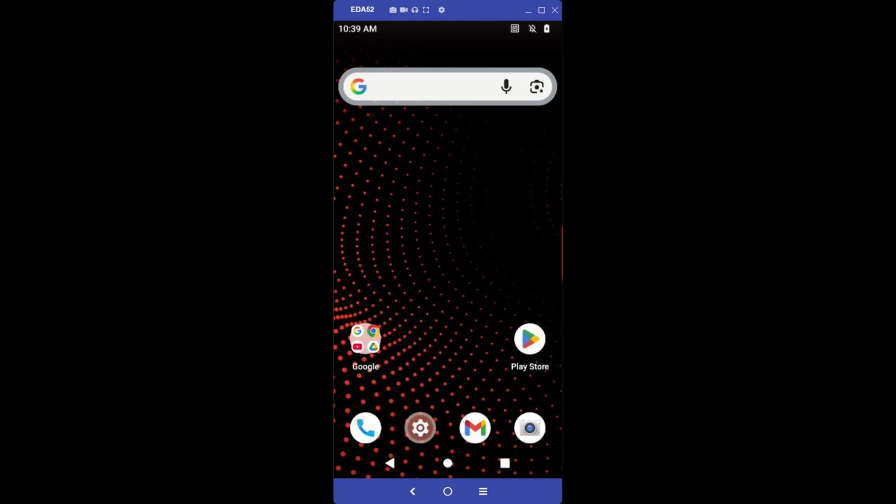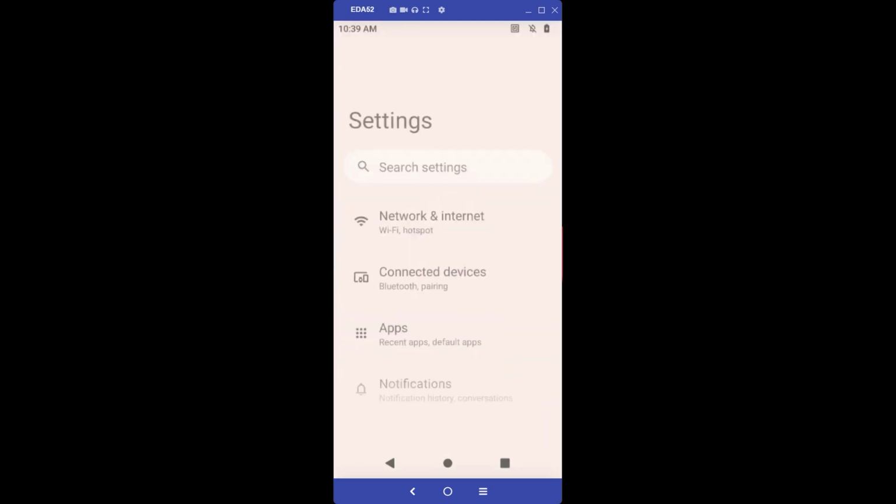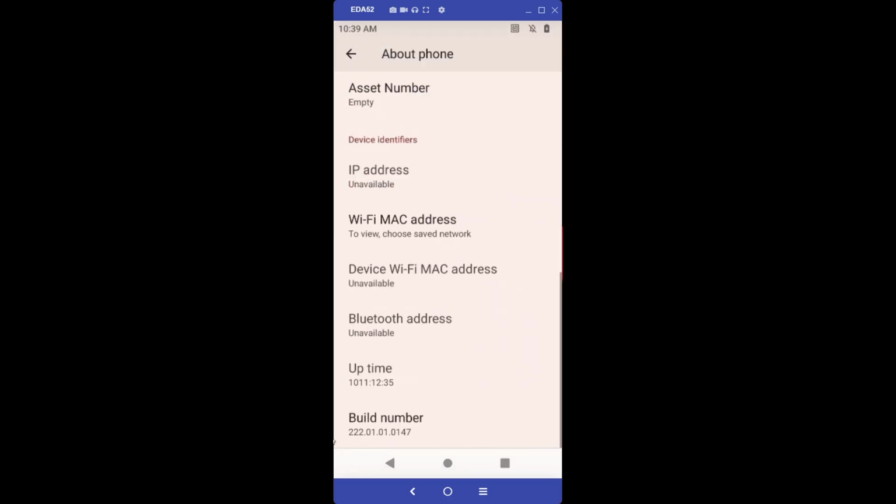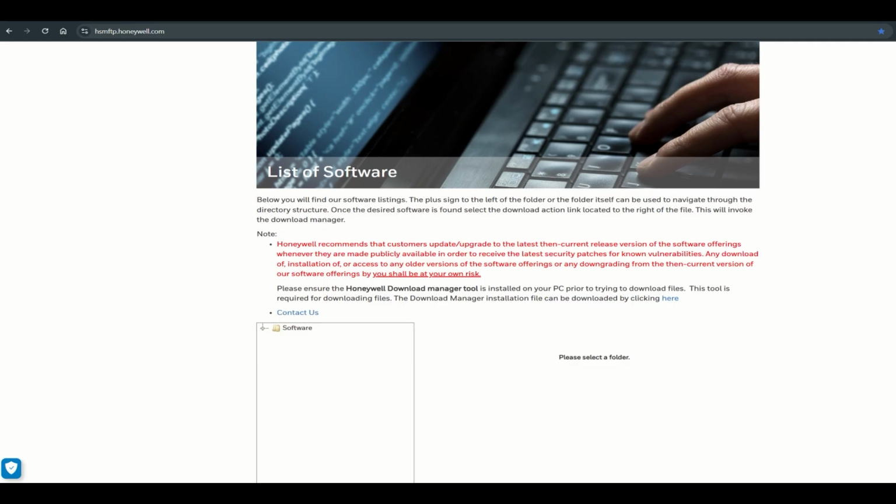Before downloading or installing any files, please verify the current firmware version that is on your device. The firmware version can be found on the device by going to either Settings, About Phone, or Settings, System, About Phone. Incremental files are downloaded from the Honeywell software site,